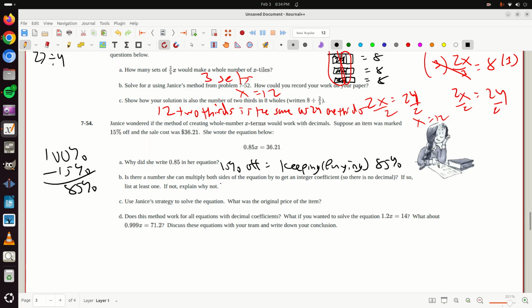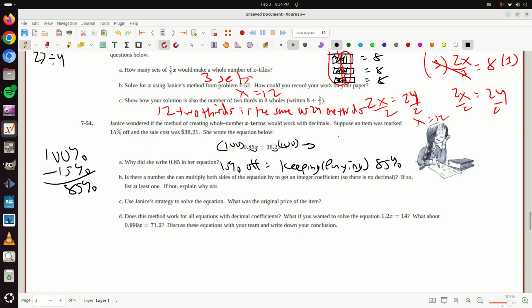Is there a number she can multiply both sides of the equation by to get an integer coefficient so there's no decimal? I hope you guys know decimals well enough to know that multiplying by 10 doesn't get it. Multiplying by 10 will only make it 8.5 and 362.1. I actually need to multiply by 100, right? If I multiply by 100 on each side,